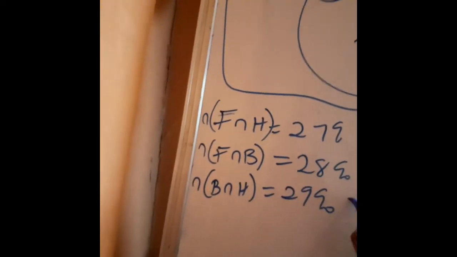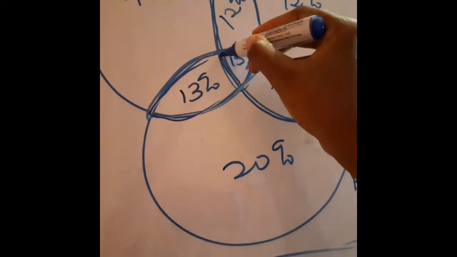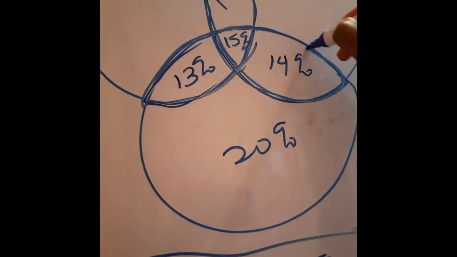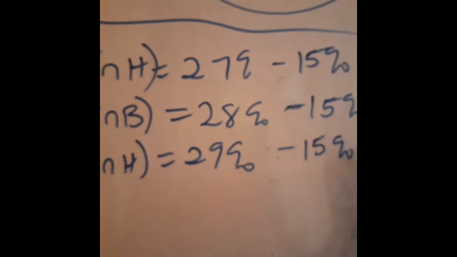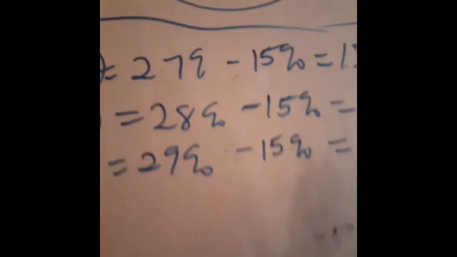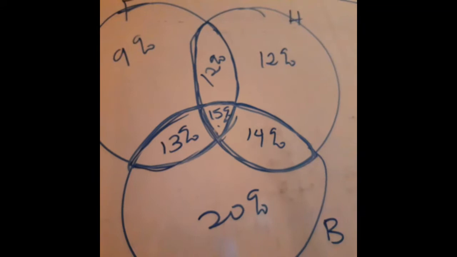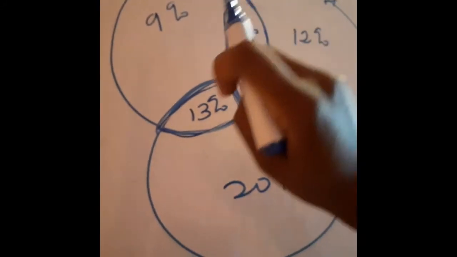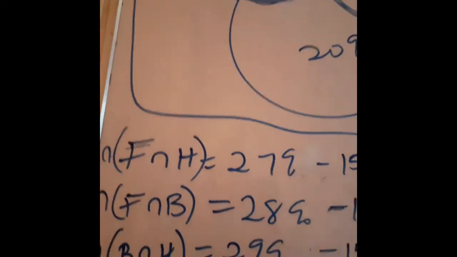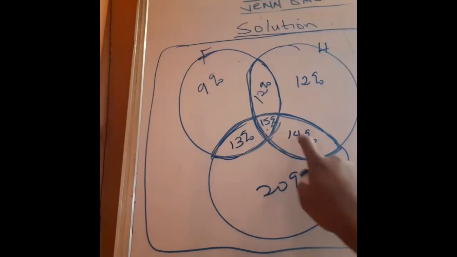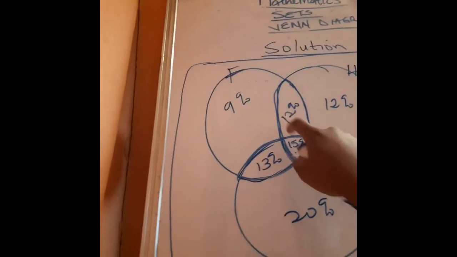So don't let it confuse you. And the last one, which is B intersection H, which is the intersection which is here. And we got 15 to be this one. So we'll say 29 minus 15, which is 14%. That's how we got what you saw here. That we have 12 here, 13 and 14. So what we got here, I just want you to explain. I'll still erase all this one. So the answers we got here in the intersections, here, here, and here,